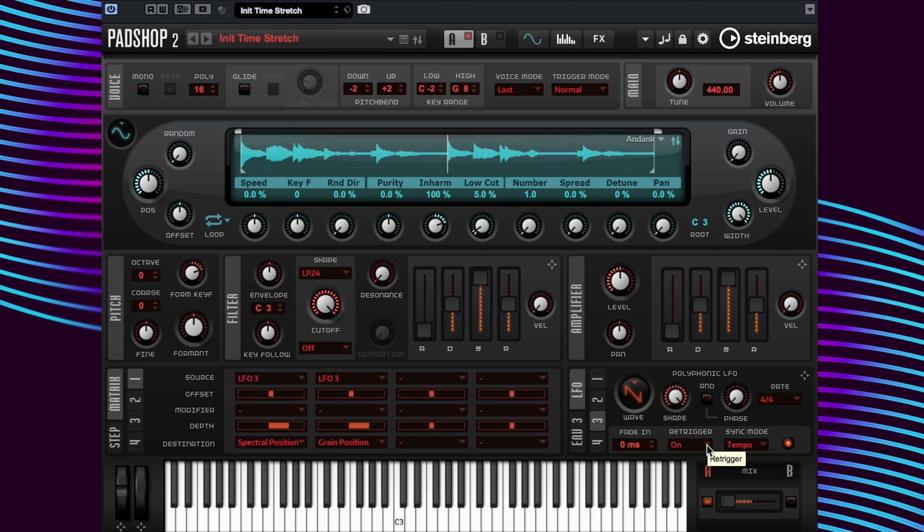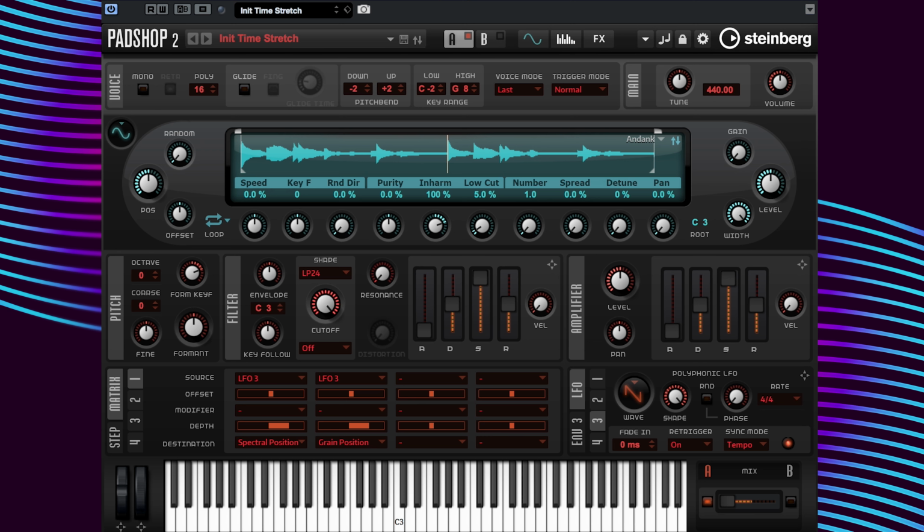The sync mode is set to tempo to get the loop in sync with the DAW, and the rate is set to 4/4. This rate setting is an important part when mangling loops, so we'll get back to that as well. Now, I'm going to move over to the matrix column 1 and 2 to see what has been programmed